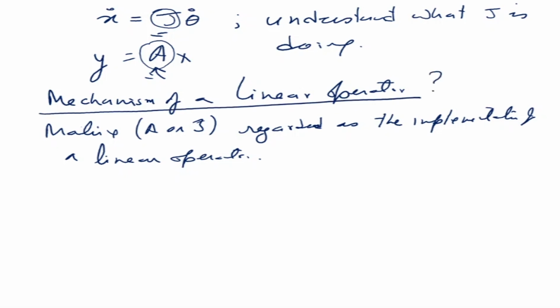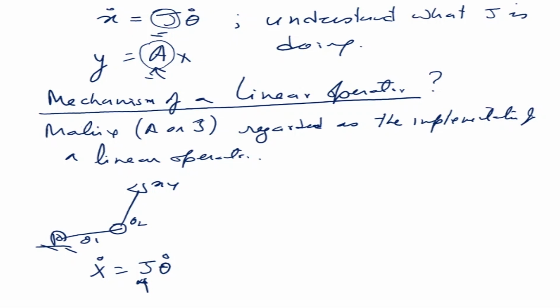That means, what does it do? In the case of the robot, it's very, very important because we are talking about a physical system. This is not just maths, but a physical system in which we have theta 1, theta 2, x, y, and we have x dot is equal to J into theta dot. So what is J doing to that joint velocity? That is what we're trying to answer here.